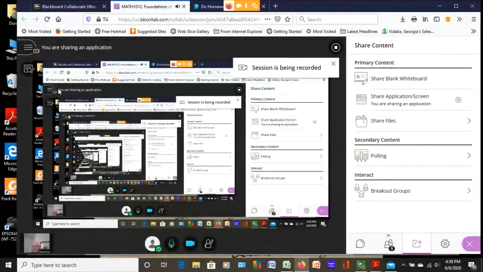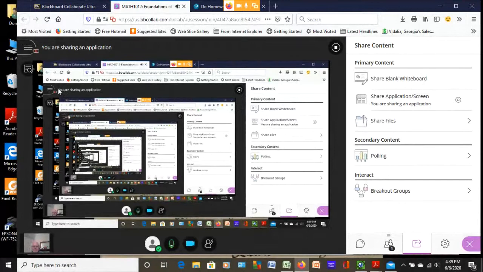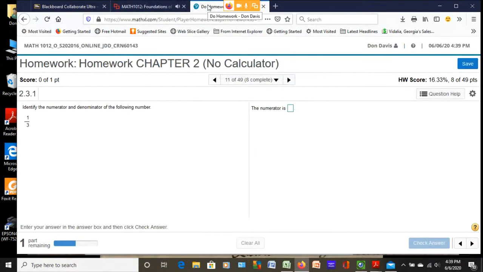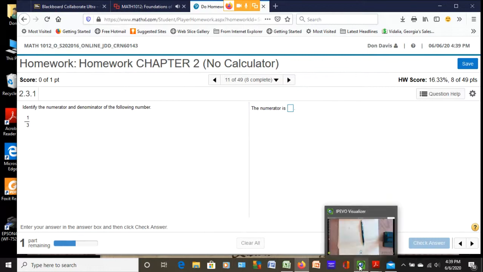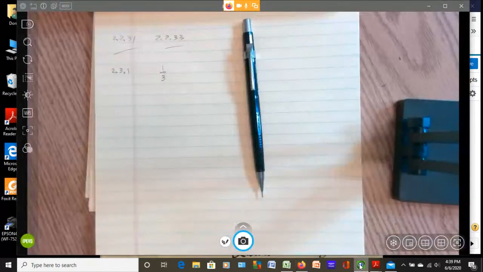This problem is from Untitled Chapter 2, and it'll be a Section 3 problem in the homework. Let's just look at it. Okay, so it says here to identify the numerator and denominator of the following number. All right, so pretty straightforward, but let's look at it on the pad for a second and make sure we're all